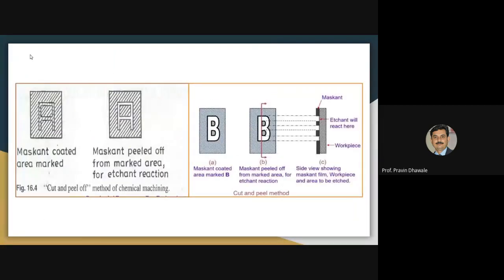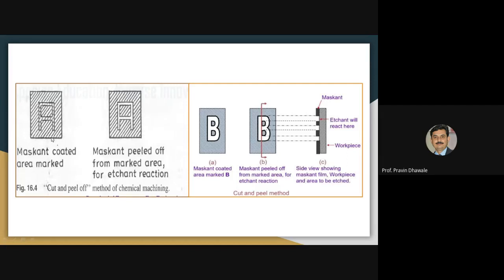This is the diagram that shows the cut and peel method used for applying the maskant in chemical machining. The maskant coated area is marked, and the maskant is peeled off from the marked area for the reaction.